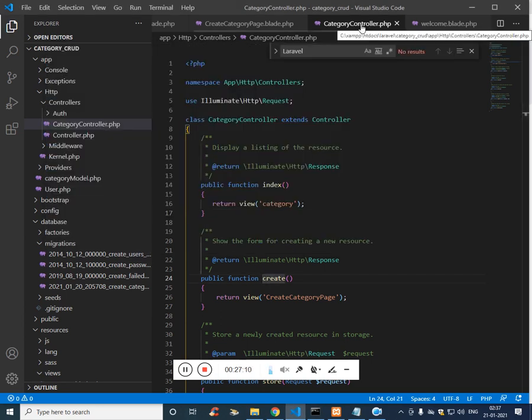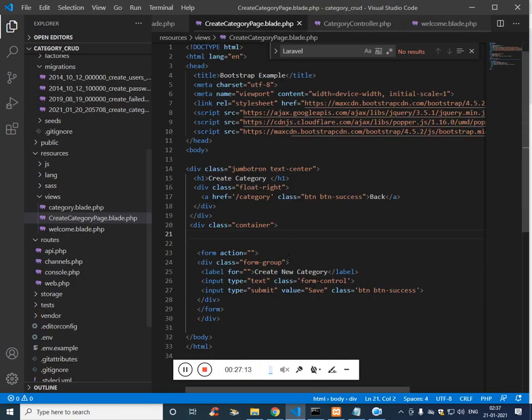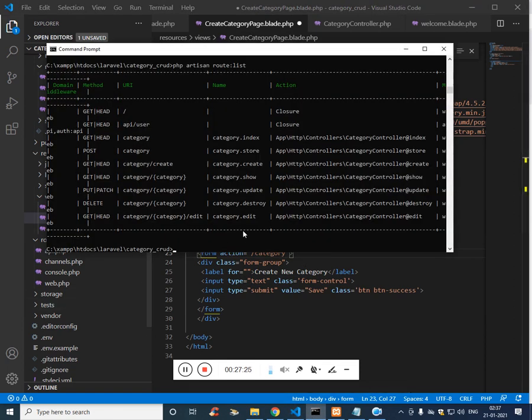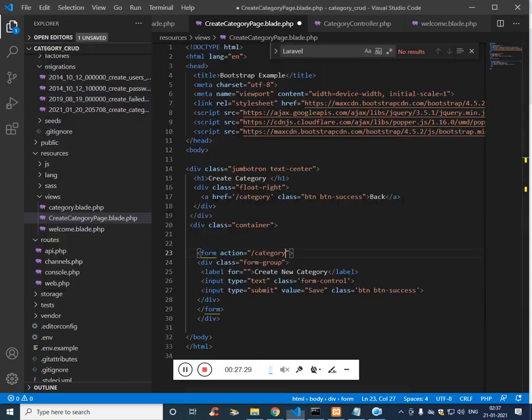So this is a form which will submit, and we just have to pass the URL called category on the action, and the method here is store category, and the method is post.